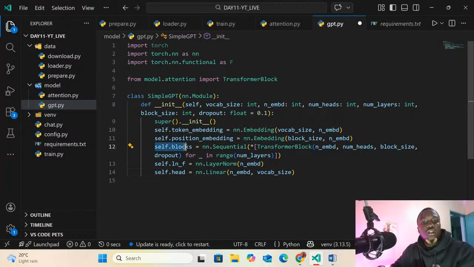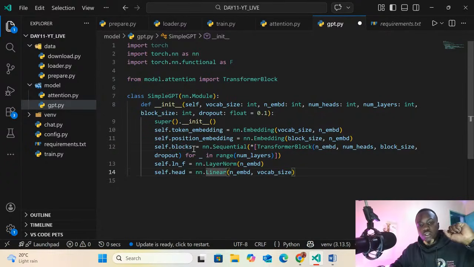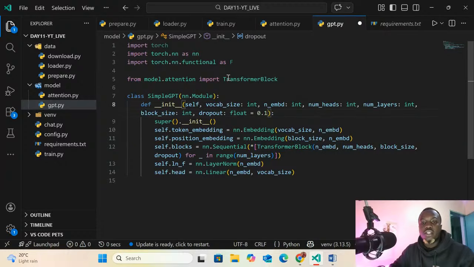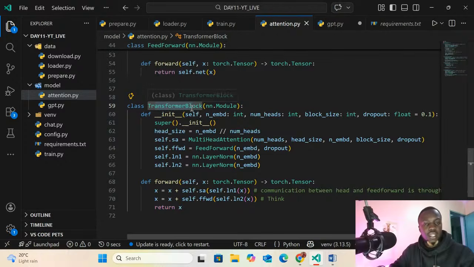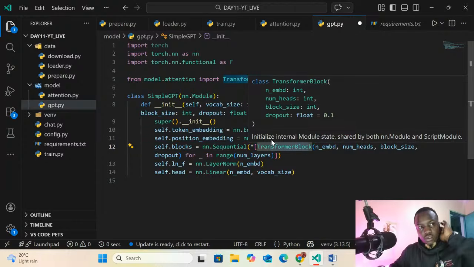So self.blocks. We have here something that we are calling self.blocks. So here we are going to use the sequential right here. Then we are going to use the transformer blocks that we defined, which is our attention file.